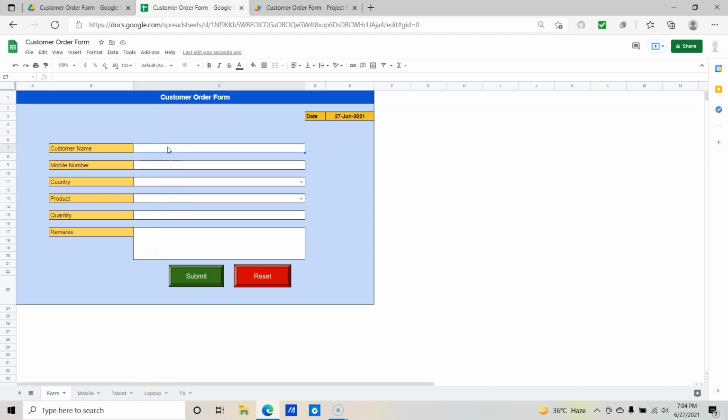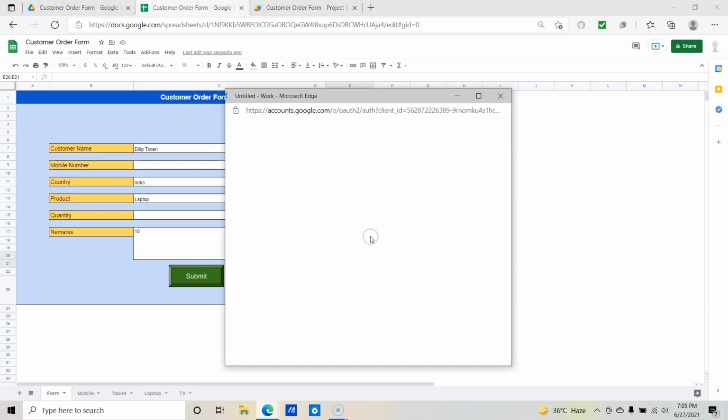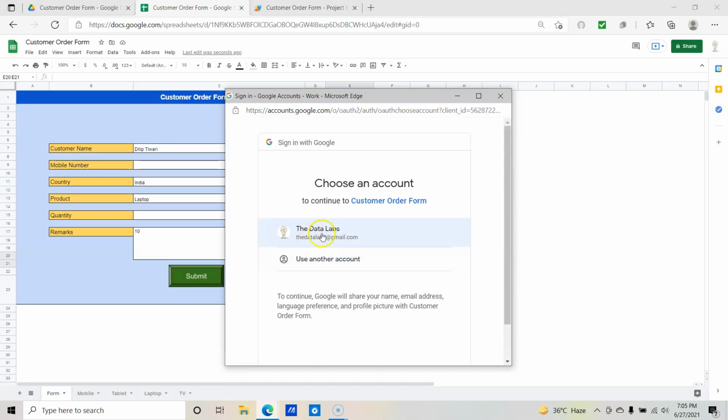Okay, so I'm just going to enter the product, and quantity and remarks, so 10. Let's click on submit, and once you click on submit, as we have written the code, here we need to authorize this Google Apps Script. So let's click on continue. So you just need to do it one time only, a one-time activity, and after that it will not ask. Okay, so just click on continue and select the account name,